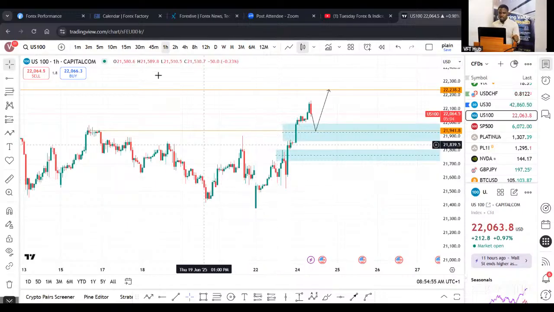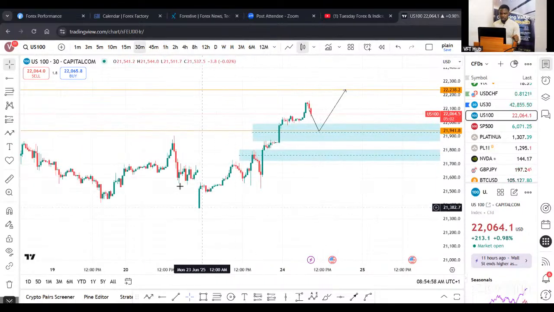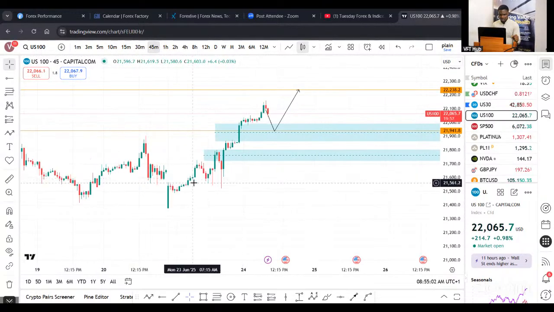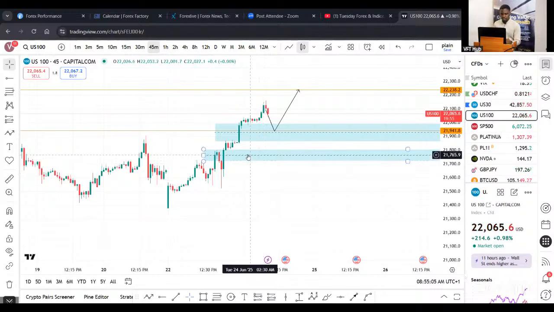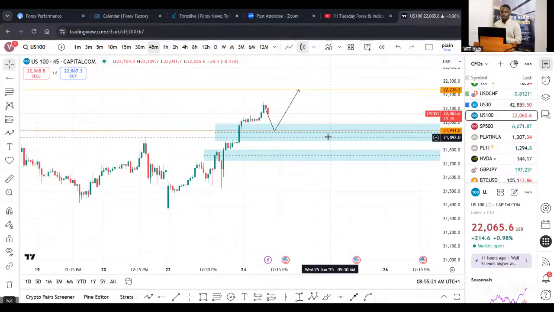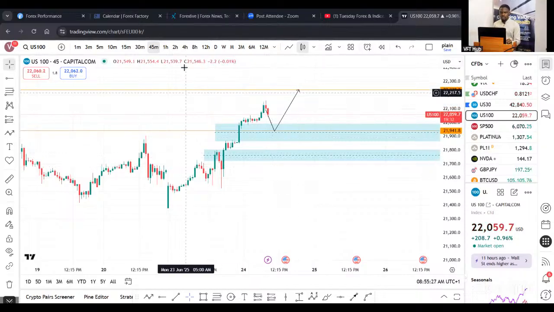So it looks like a very clean template on 30 minutes, so we can see it clearly. Okay, really not looking nice on 30 minutes. Let me see. All right, yeah, it looks valid on 45 minutes. So we have this zone as the first zone, the point of entry. And if price should come here, one thing I'll do is go to the M5 time frame and look for a box pattern to play out. With that, you can have more confidence for the buy to the upside. And for the second area of interest, this looks valid already.